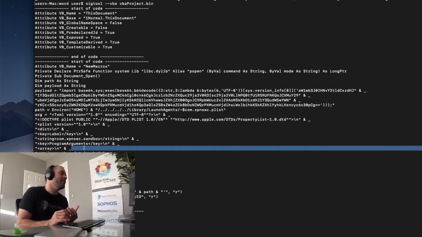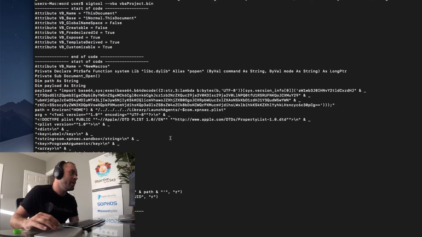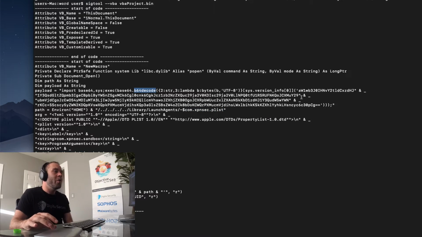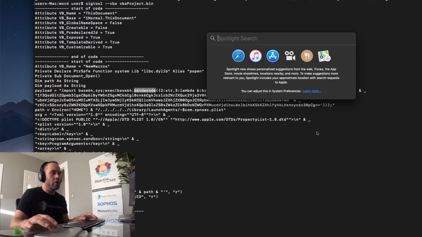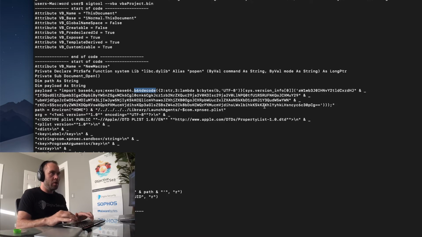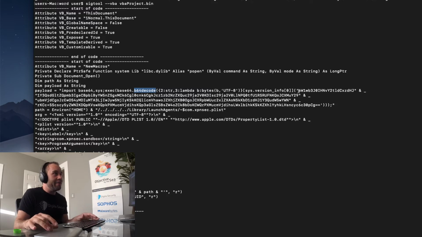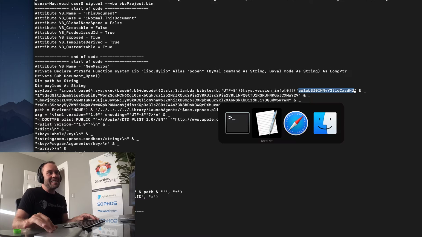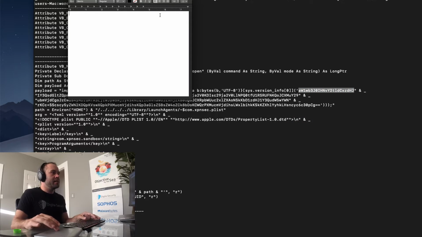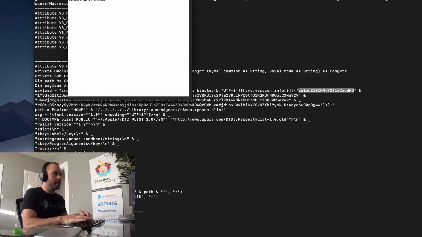So at this point, we can be 100% certain this is malicious code. We still don't know what it's going to do. We can say, okay, it's probably going to persist using this launch agent name, this property list, and here's the property list, but we don't know what this code is. However, since it's base64 encoded, we can simply grab this and decode it. So let's do that right now. There's probably faster ways to do this. As I mentioned, I have my techniques that seem to work. So we're going to copy and paste each line of code. Actually, let's make this a